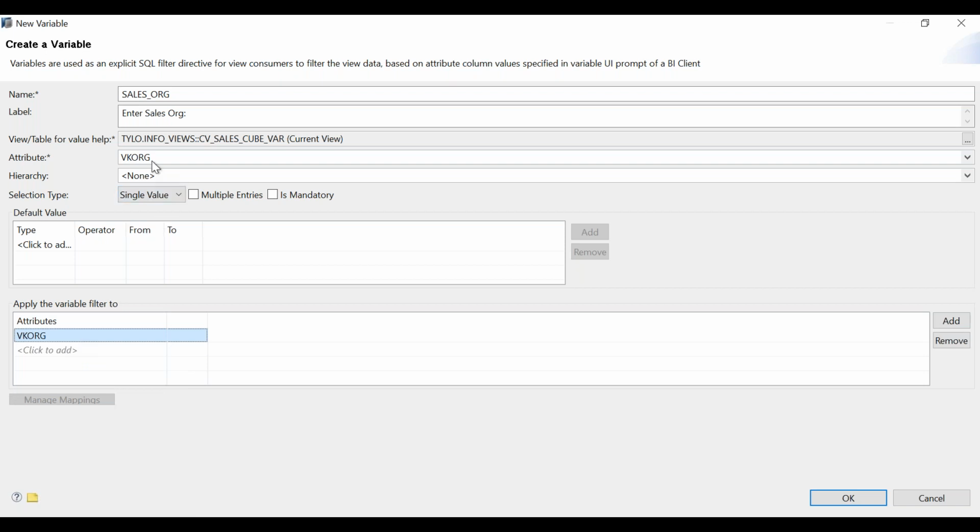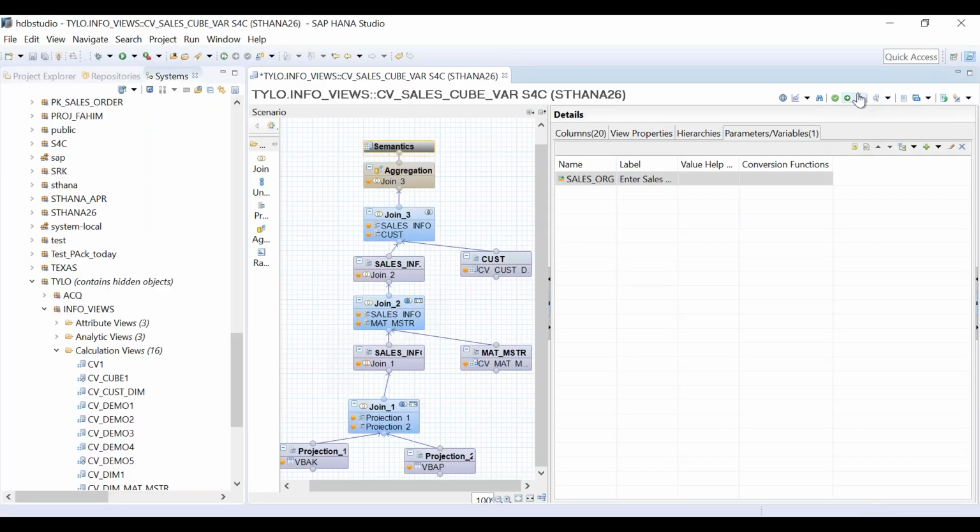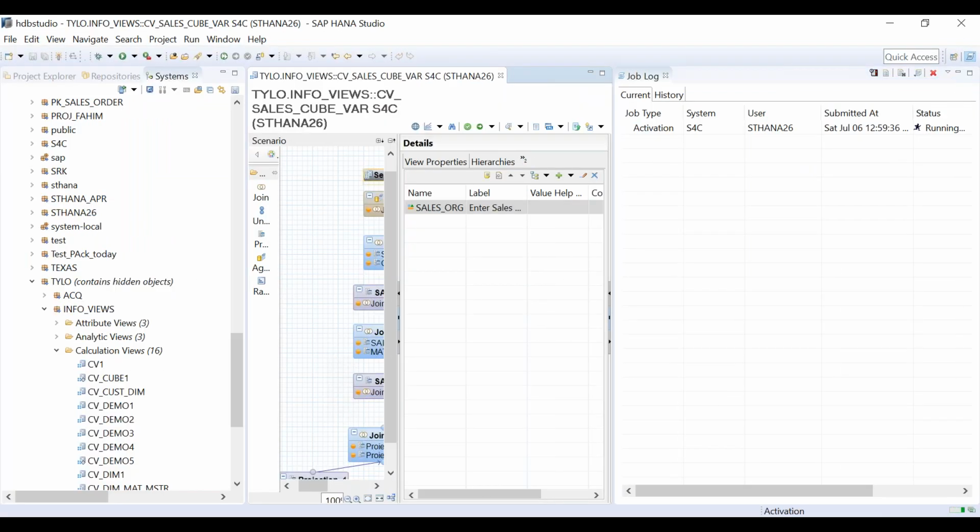VQORG is the attribute on which the filter will be done, and VQORG is again the same filter where the filter will be applied. Then it asks, do you want single value, interval, range? We want single value at this moment, and you also want it to be mandatory. Click on OK and activate.